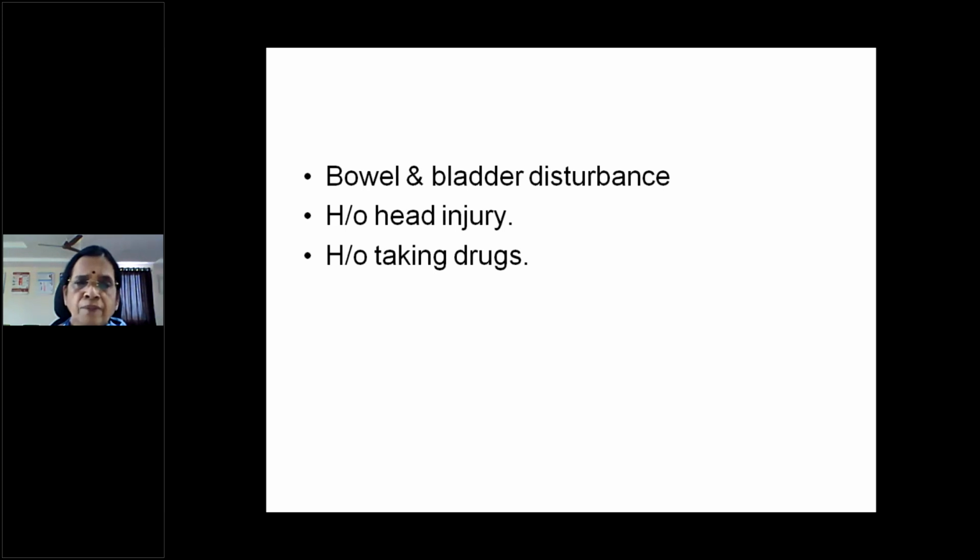These are the various bladder symptoms they can have depending upon the segments, usually lumbar L4 or sacral involvement. The patient can have these bladder disturbances, or when the higher centers are affected, or in degenerative diseases like dementia, the patient can have bowel and bladder disturbances. And another important thing, head injury.